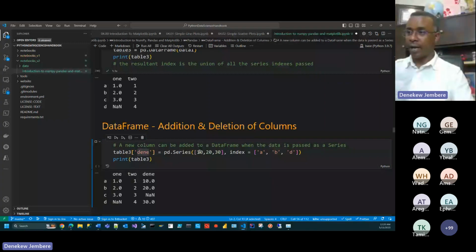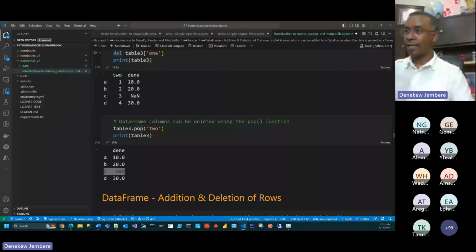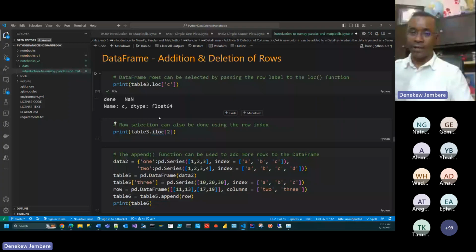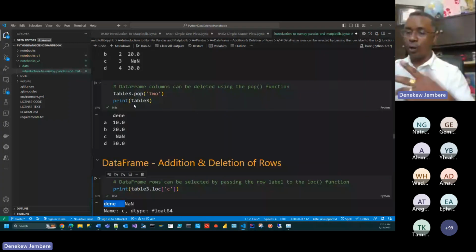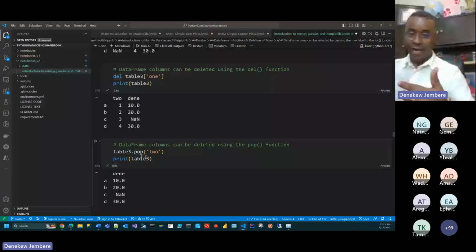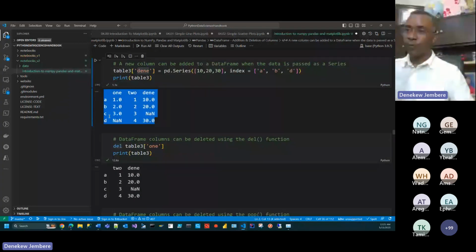So these are the 3. Here I was trying to access the row identified by C because I ran it after we manipulated, after we deleted the 2 columns. Then C was only getting 1 column. The 2 columns, 1 and 2, were deleted using delete and pop. But after that, I reran the object and created the entire table. So my new C, if I run,